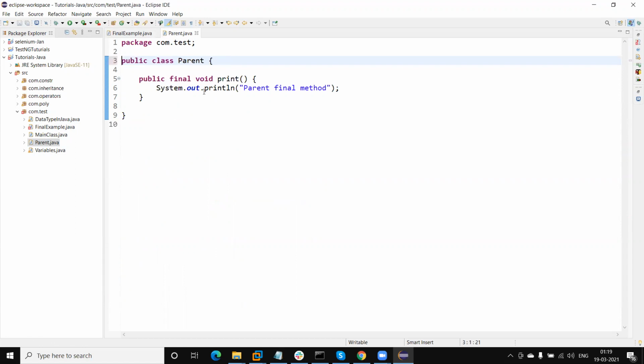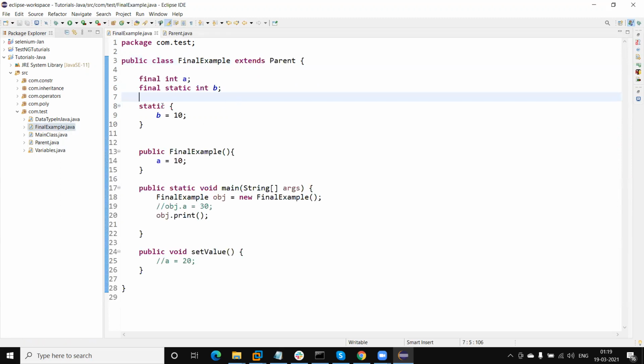So if we want to prevent a class from being inherited, then we can mark that class as final. Now let me recap. If we create a class as final, we cannot inherit that class. If we create any method as final, then we cannot override it. And if we create variables with the final keyword, we cannot change the value of that variable; it will be a constant variable.